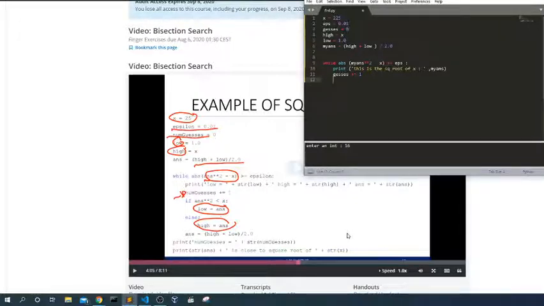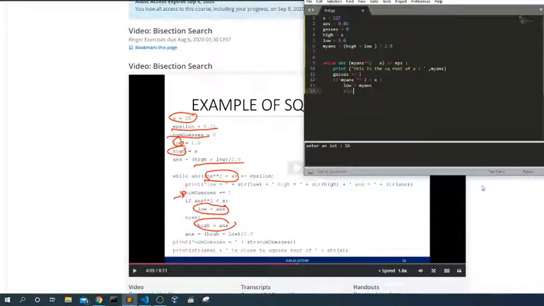So now he is going to check if the square root of my answer is less than x, low equals my answer, because we are going to replace this with the value that we choose.